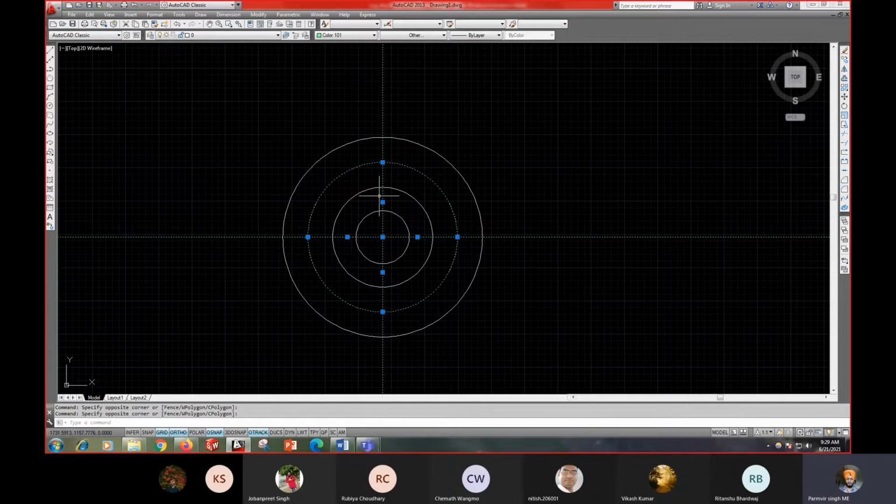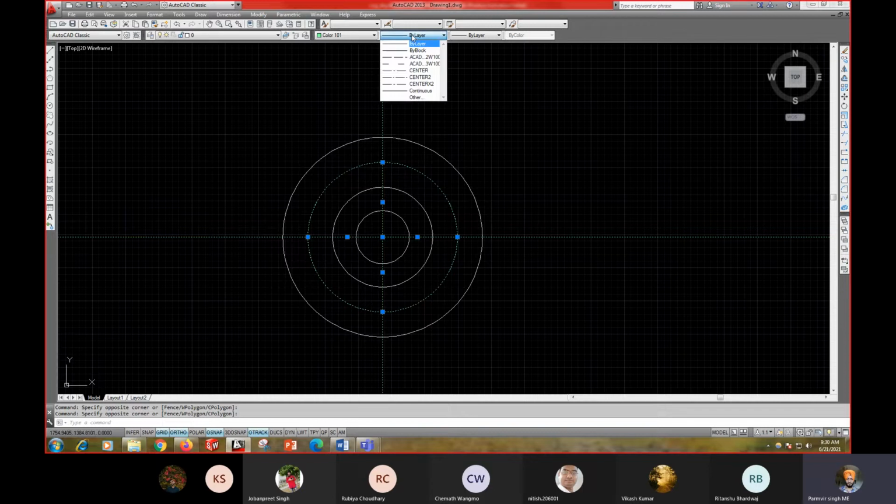So I select the line, then you go to line type control, then select the line which you want. So I want the center line, so you can pick the center or center 1, center 2, center x2. It is up to you.